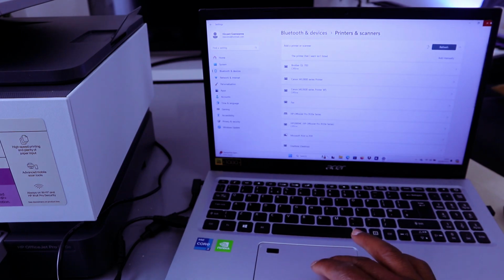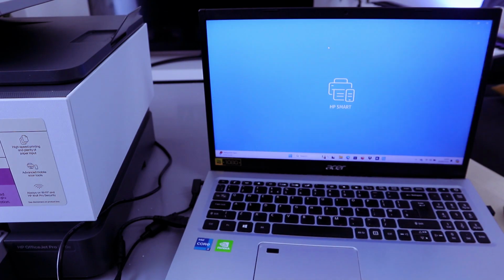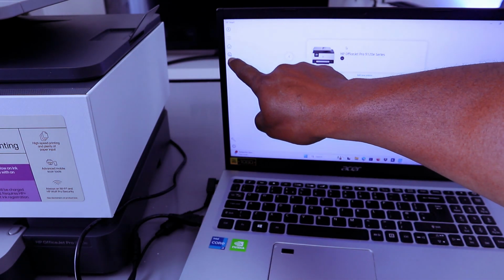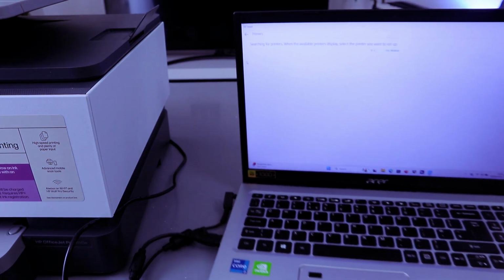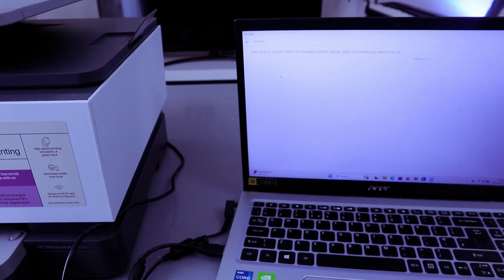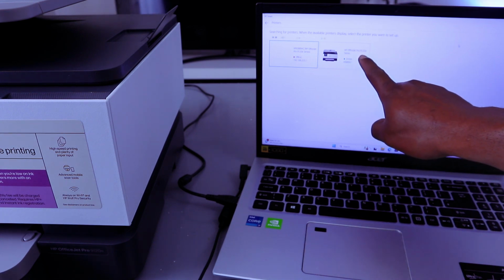So once you've connected the cable, the next thing you need to do is download the HP Smart App to your laptop. Go to your laptop and select the HP Smart App. Then you need to select add a printer or set up a printer. Select add and set up a printer. Now it's searching for available printers. Here we go, HP OfficeJet Pro